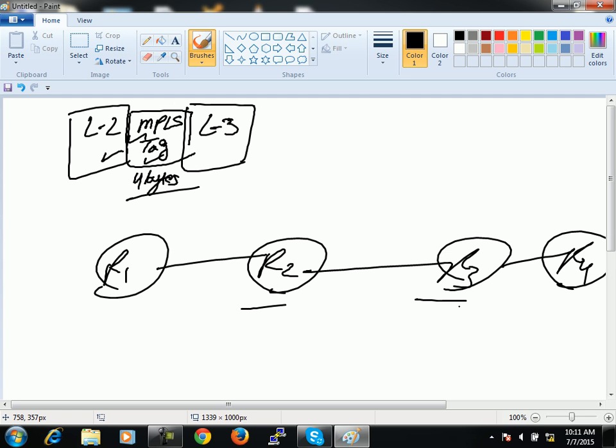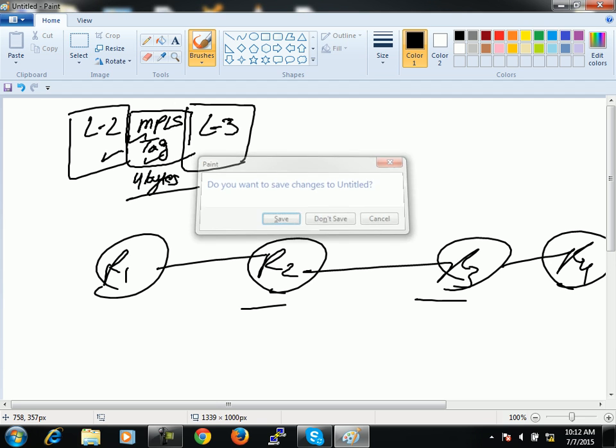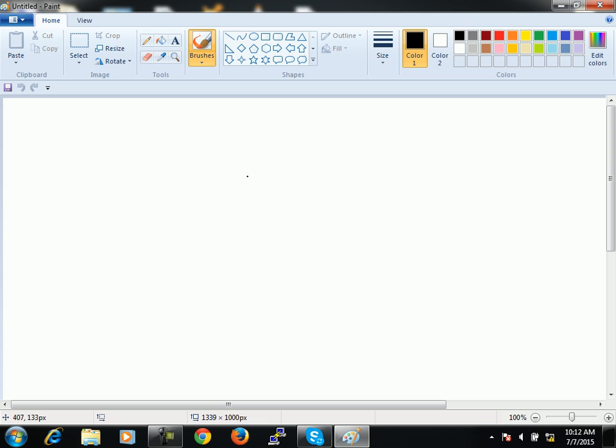Fine, guys. So basically this is all about the basic definition of MPLS. So the second thing about this MPLS is, if we talk about this MPLS, then we have some terminologies over here like